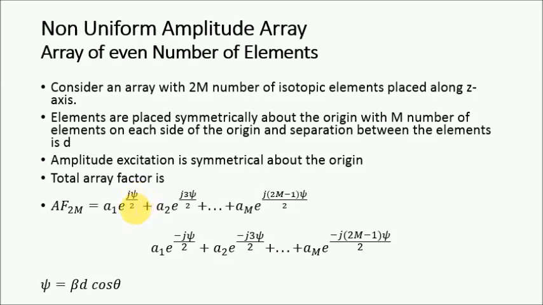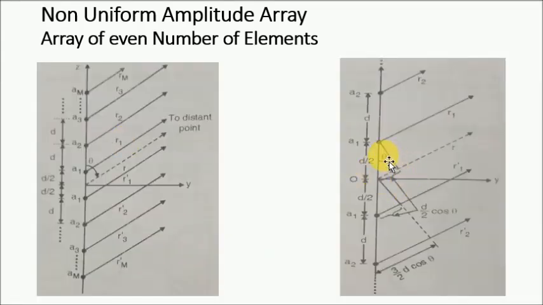And likewise, if you put here, at the mth level we have (2m minus 1) divided by 2. Now this will give you one side. On the other side, if this is leading, at the other side of the origin the pattern will be lagging. So here this is the lagging pattern, and similarly we have the same part. We know that psi is equal to beta d cos theta. Already we have seen where it is. This is the theta, and it is a multiple of 1/2, 3/2, likewise.